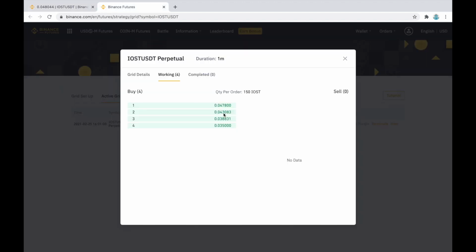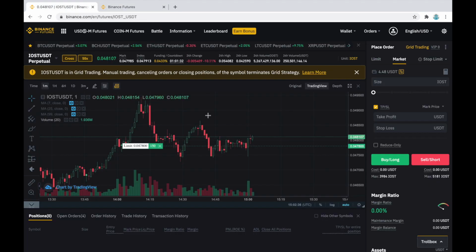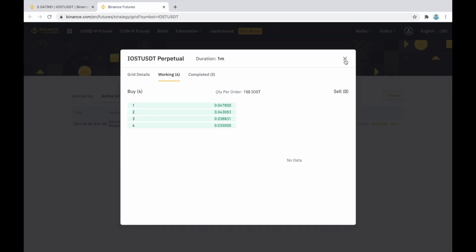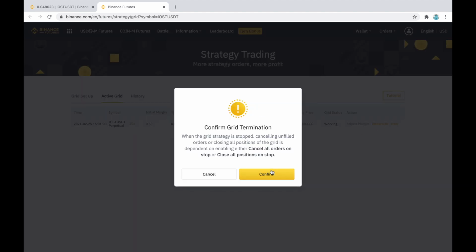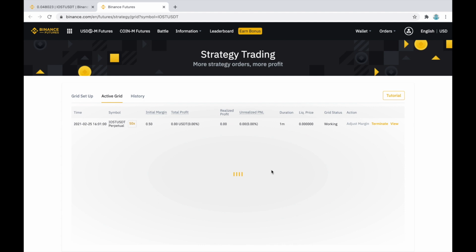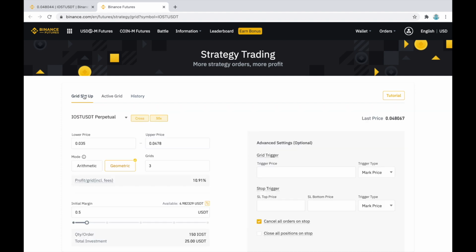I call the first grid an entry grid. It is an initial opening position, which is not really a part of the automated grid framework. If it's triggered and the price will continue to go up, I need to manually close the grid in order to realize the profit. And we will also need to take this extra grid into the calculation of a possible loss. I need to cancel this grid framework now, and recreate it again, with the upper price to be closer to the last price, so that it gets triggered faster. Let me speed this part up.